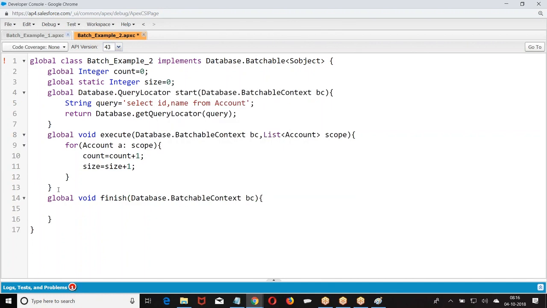Global void finish database.batchable context. Okay, I'll insert a record for easy understanding.